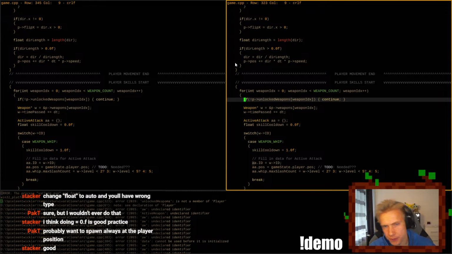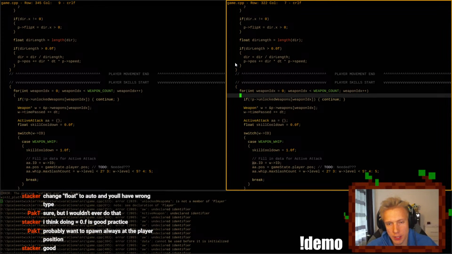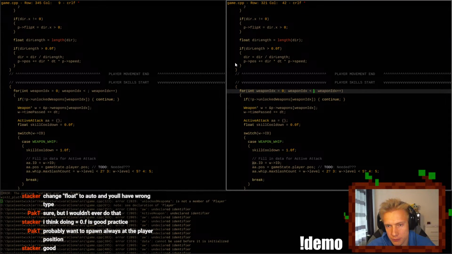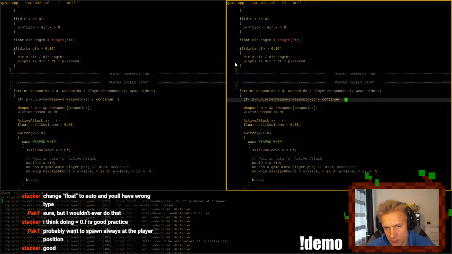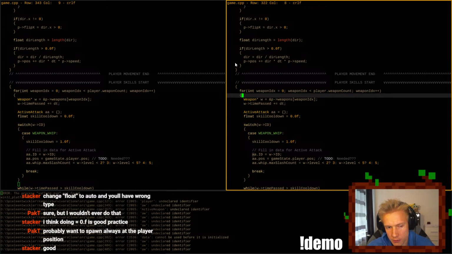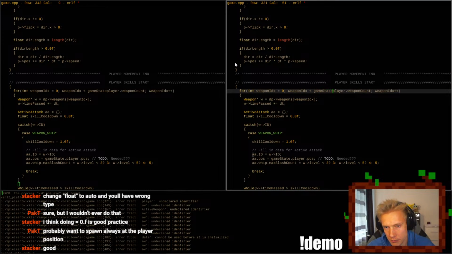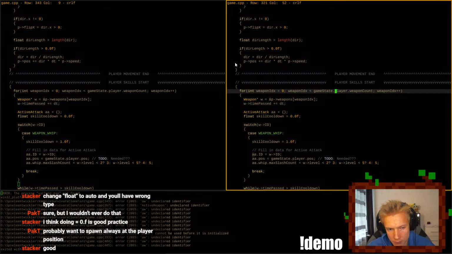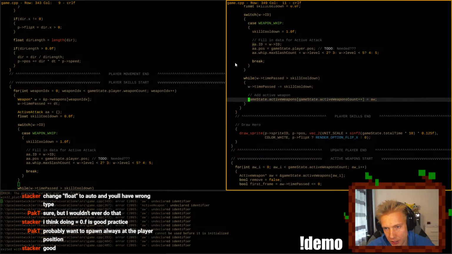Unlocked weapons. Okay, player skills start. Unlocked weapons. Continue. No, we have a weapon count for now. So the weapon index is player.weapon count. And this can go away. Oh yeah, that's game state.player. Oh, then we don't have that much left.